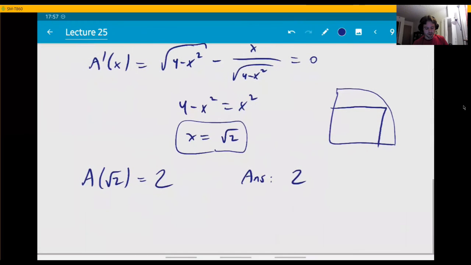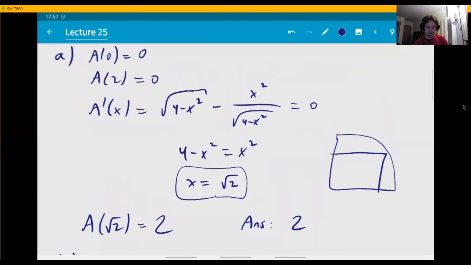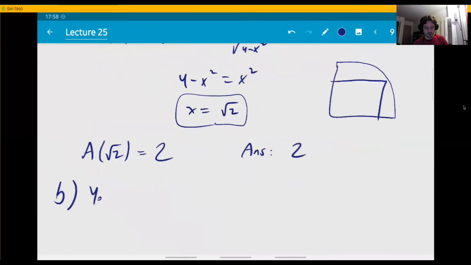Okay, now item B. That's going to be quick. Is there a minimum possible area? That's what they were asking. Well, this is going to depend on your interpretation of the problem. These values that we just found, 0 for the min and 2 for the max, 0 happened when there is no rectangle, actually. These guys were corresponding to the situations where the rectangle became just line segments, like this and like this. Do you still want to call those rectangles? If you do, then you're going to say yes. 0 is the minimal area